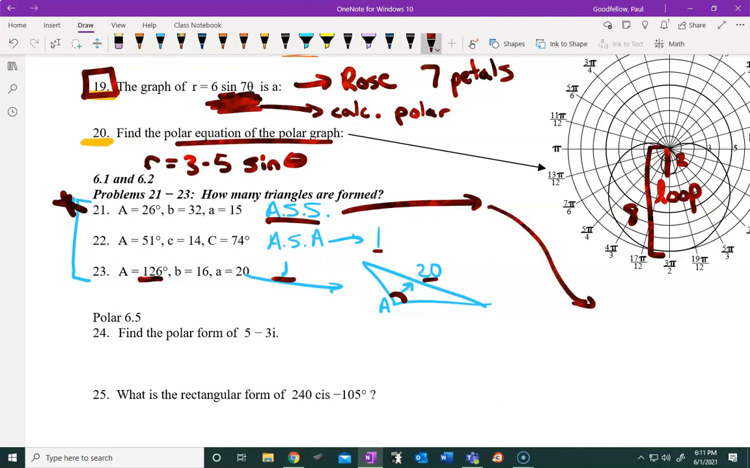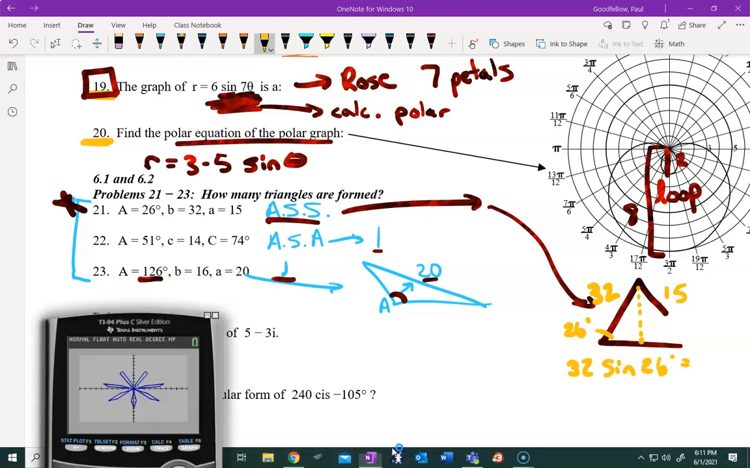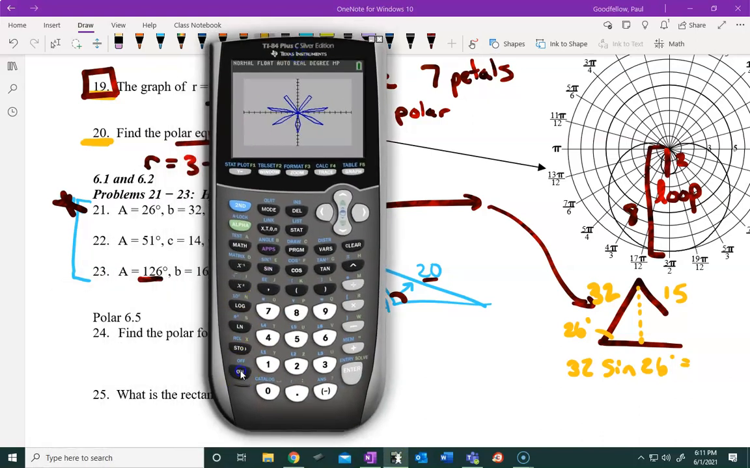Any of the ones that fall into the angle-side case, you're going to want to draw your dangling side and find the individual height. This angle is 26 degrees, the opposite side is 15, and this side is 32. Now to find that height, you do the adjacent side times sine of the angle, and let's find out what size that turns out to be. That's 32 sine of 26, and that size is